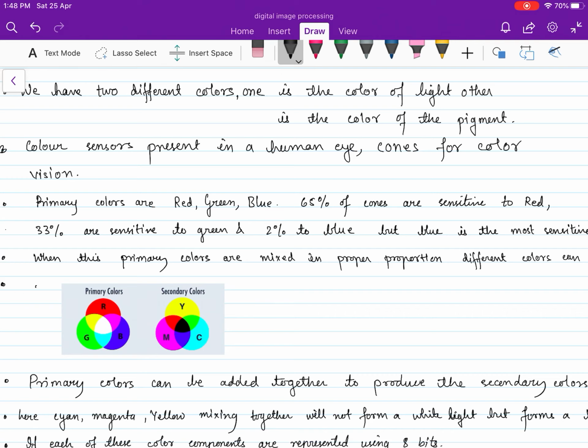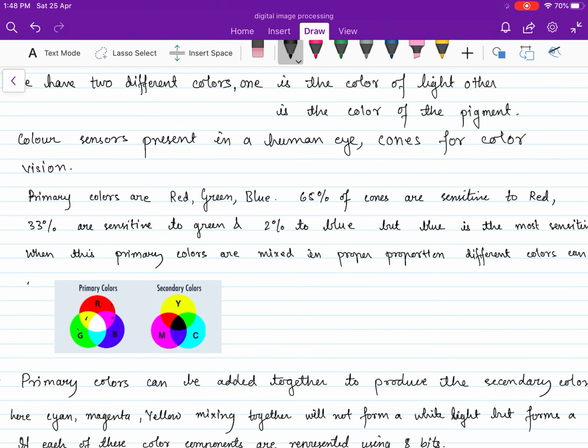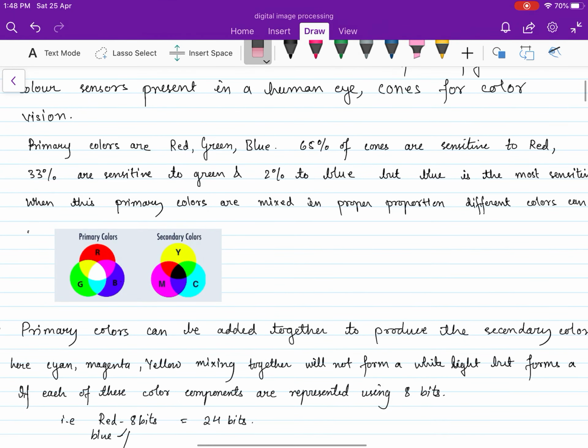red and green, this is red and this is green, mixed to form a yellow color. When red and blue are mixed, they form a magenta color. When green and blue are mixed, they form a cyan color. When all the colors are mixed, they form a white color. So mixing all the primary colors forms a white color,